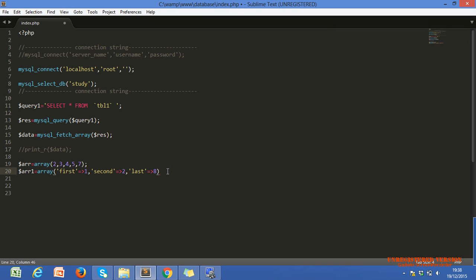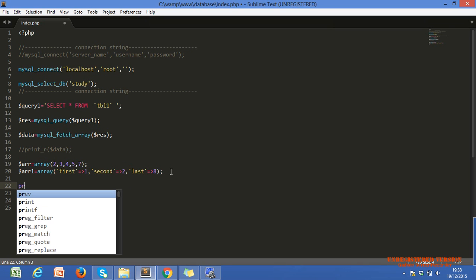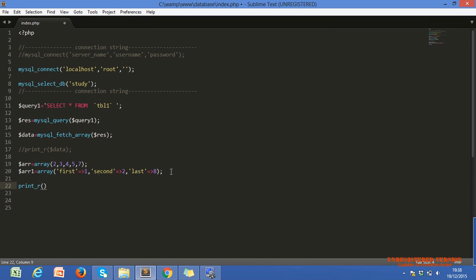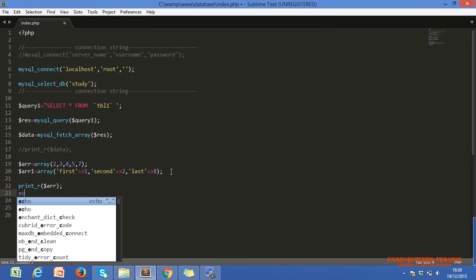This is our user defined key. You can use any key name. This is the key and this is the value. Let's see the difference in the browser. I print the first array, meaning the indexed array.